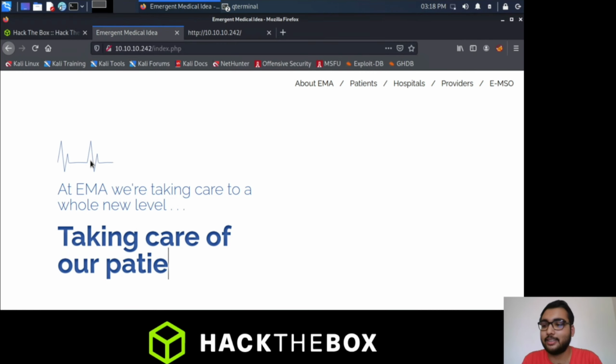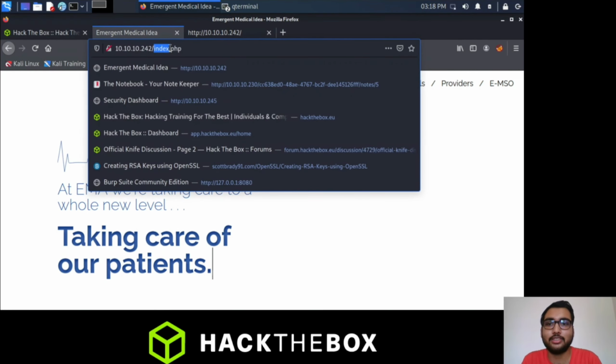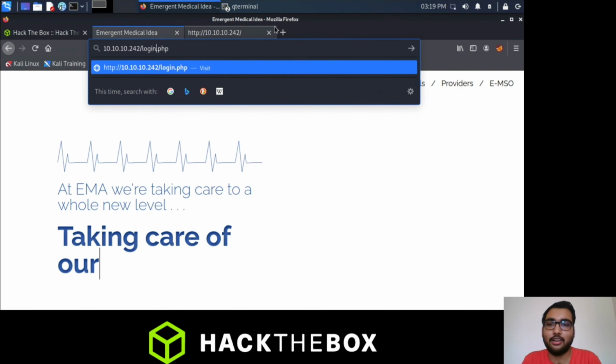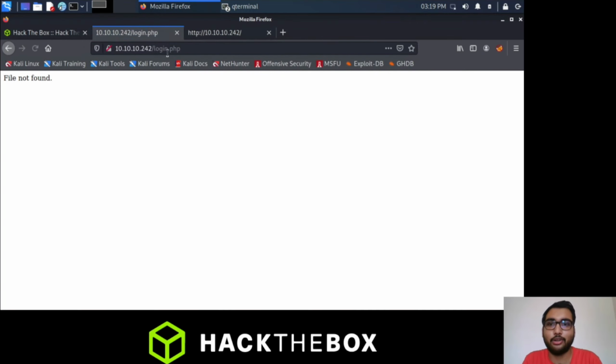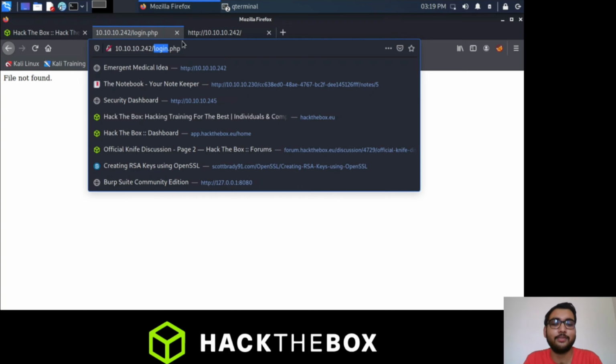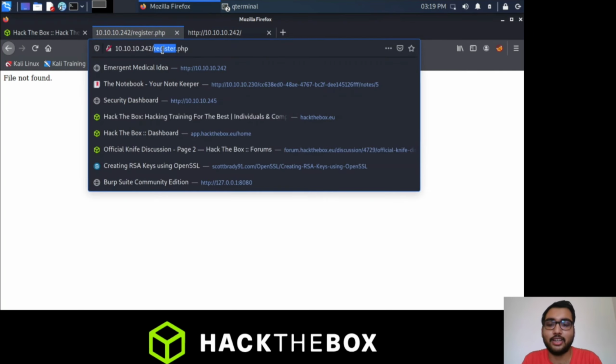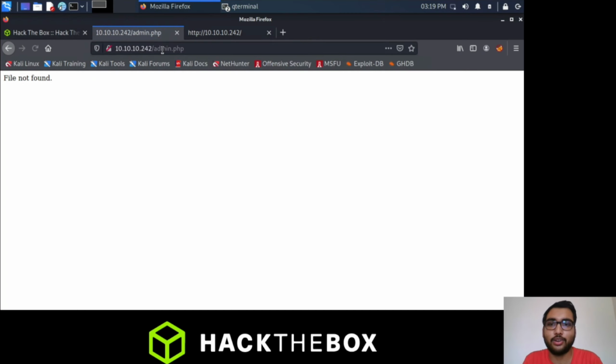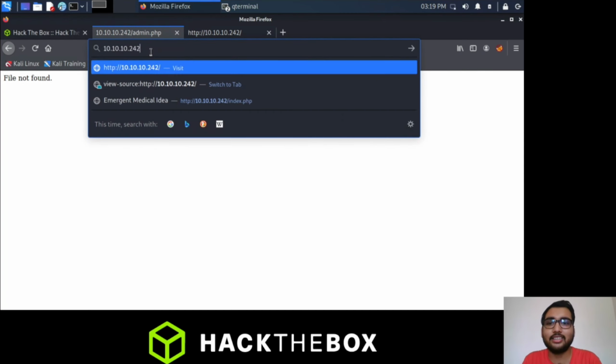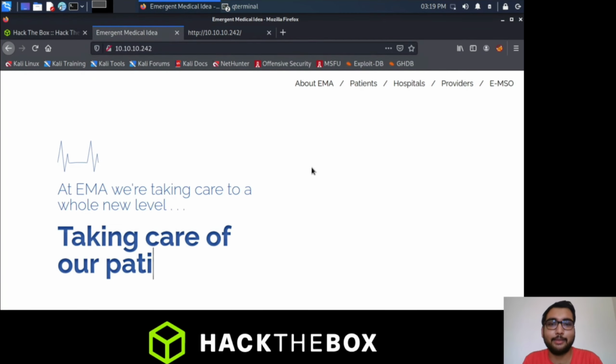So we can see this is a PHP page. So we can do basic manual enumeration, like looking for any login page. You can see file not found, we are getting a 404 error. Again, we can see if there is any register or admin page so that we can log in, but there is nothing. So it is generally hosting a static page, nothing interesting in it.